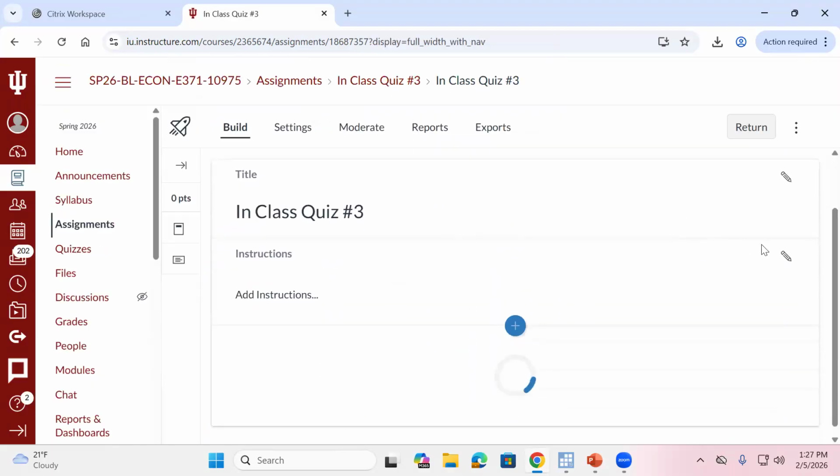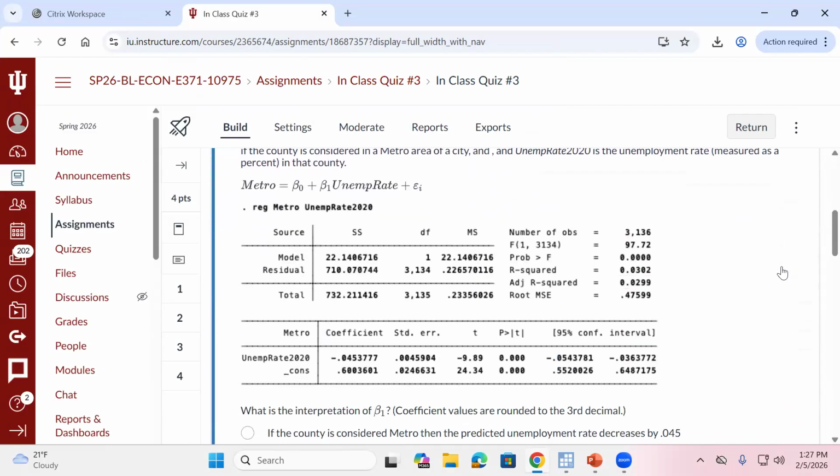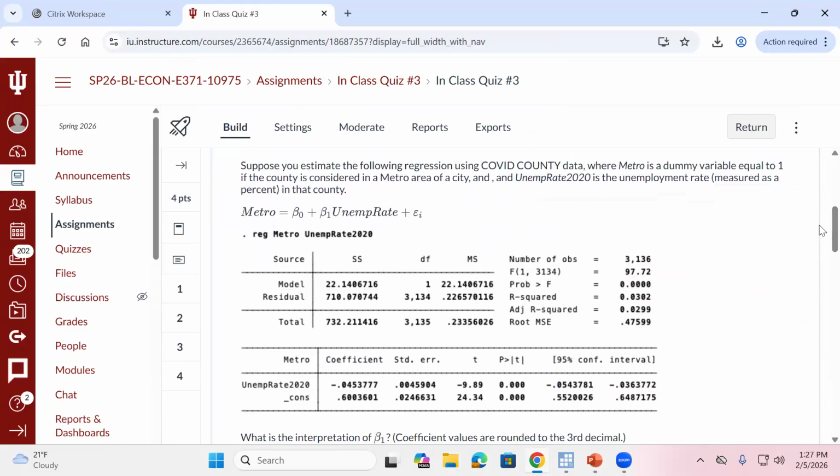All right. So got quite a few questions here. So the next thing we're going to start talking about is what if I have a variable that is a dummy variable? It's a 1 or a 0. Okay. So if I have the unemployment rate of a county measured in terms of the percent, so the unit is percent, but my Y variable is a 1 or a 0, right? Simply, was that county considered a metro county? 0 if not. So now how do I interpret my slope coefficient?